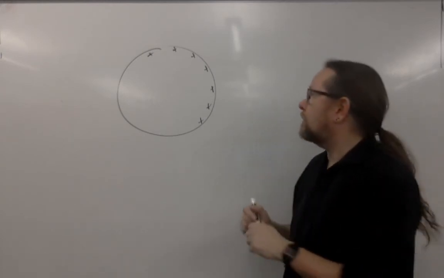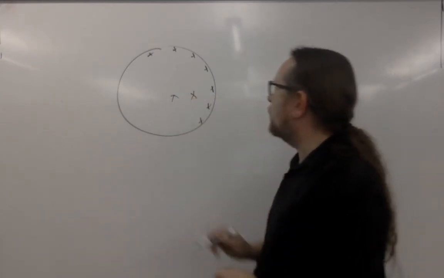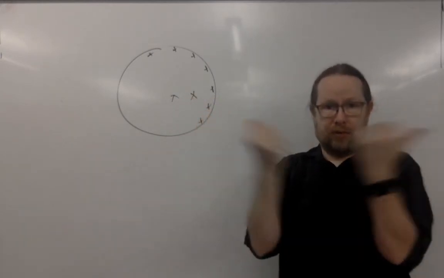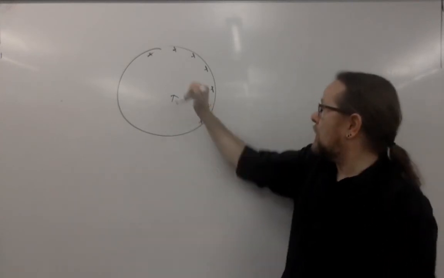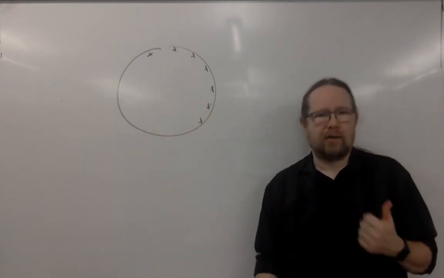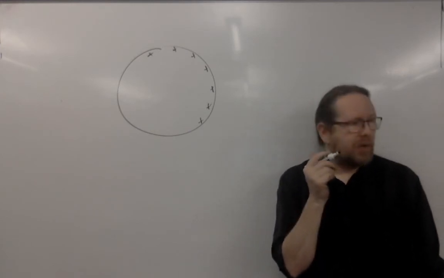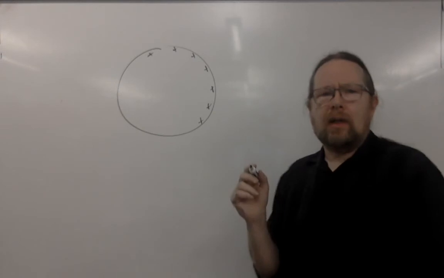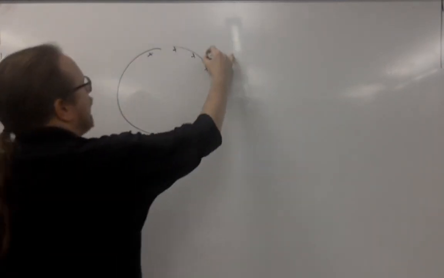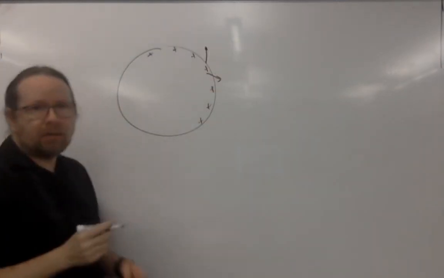If there were charges in the interior, they would repel each other and push each other to the surface. So when we're dealing with electrostatics, we can always assume that for an electrical conductor, all the charges on that conductor are on the surface. What that means is at equilibrium, there can't be any component of the electric field